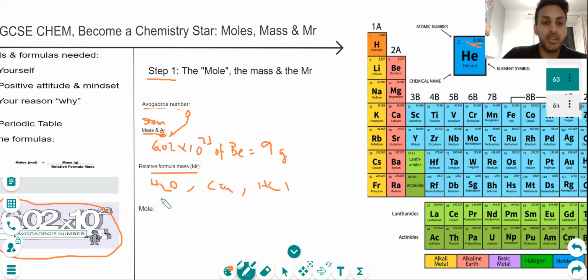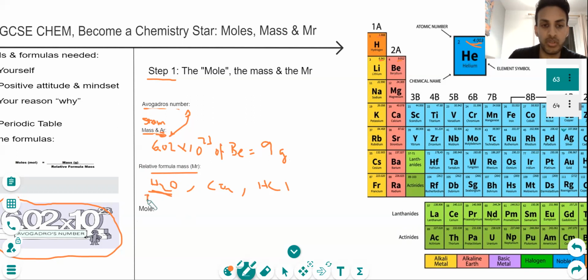So we got 6.02 times 10 to the power 23, the Avogadro's number of, for example, water, of this substance right here, which means that we will have a relative formula mass that is comprised of the mass of its atoms. So we can find that very easily by calculating